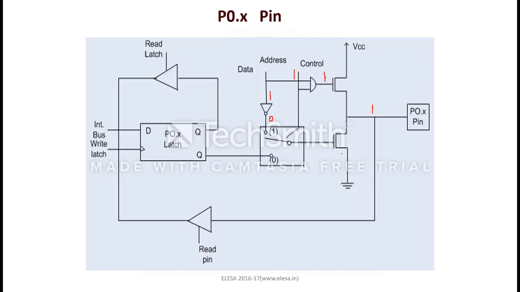Similarly, the lower address bit 0 can be sent when the lower address data bit is 0, which becomes 1 via the NOT gate, that is the inverter, which is selected by the mux, which turns on the MOSFET 2, so all VCC passes to ground, so the output is low. Hence, lower address bits are transferred. In this way, port 0 works as an input output and address latching port.